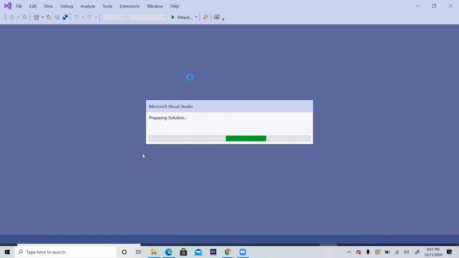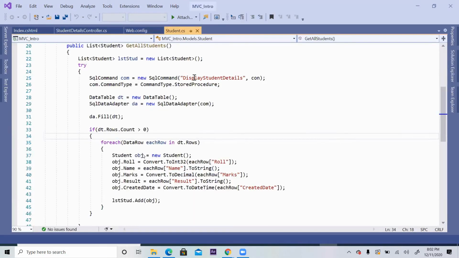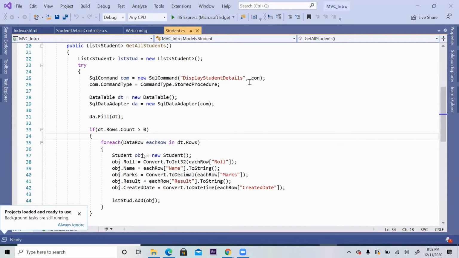We discussed the responsibility of model, view, controller, 3 layers, and with database connectivity, we tried a small workflow to understand the responsibility of these 3 layers. Fetch and display student detail.